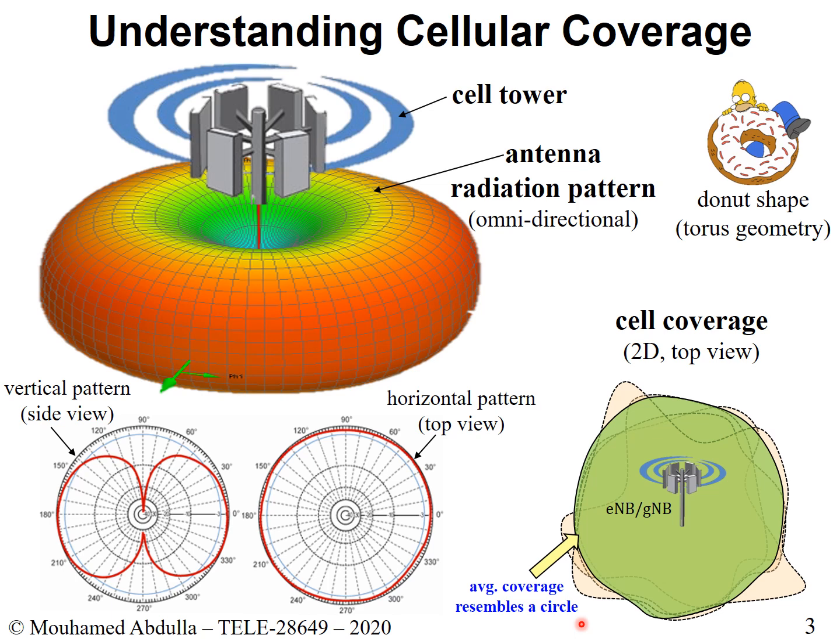Now, one other thing that I would like to mention to you is the radius of your coverage. So let's say this is my coverage. It's not a perfect circle, but it looks more or less like a relatively okay circle. The radius of the average line here is referred to as the coverage radius for your connectivity. So if you go outside this radius, you don't have connectivity to this tower. You might be connected to another tower, that's a different story. But to this one here, you're no longer connected. Okay, so this is referred to as the coverage radius.